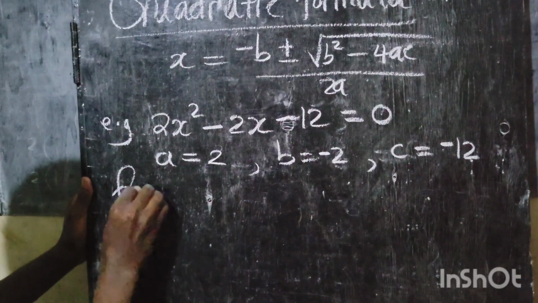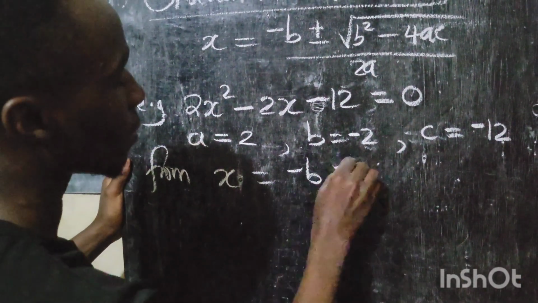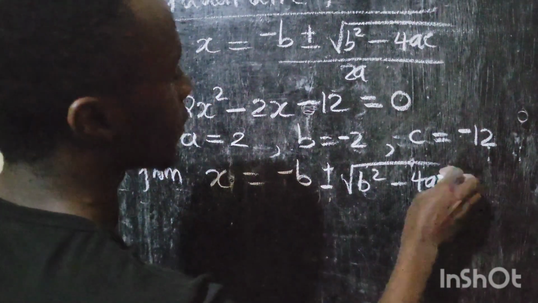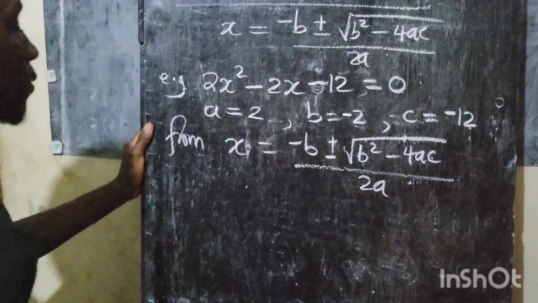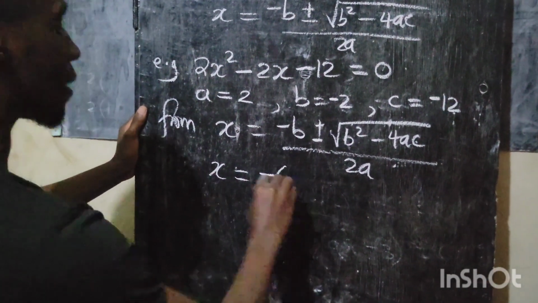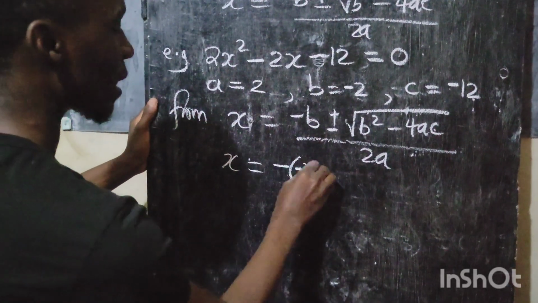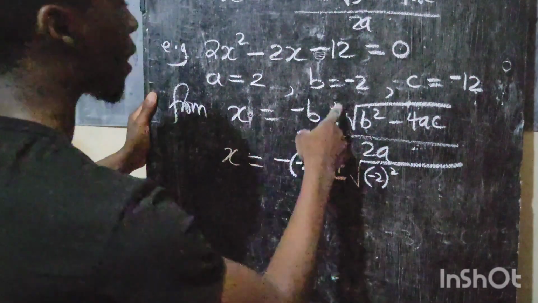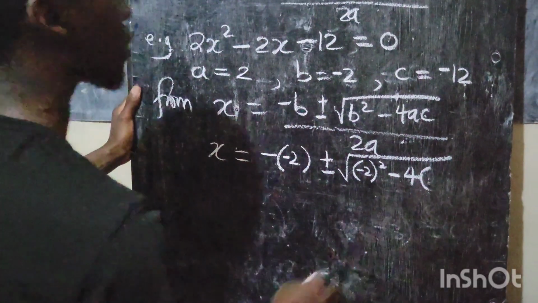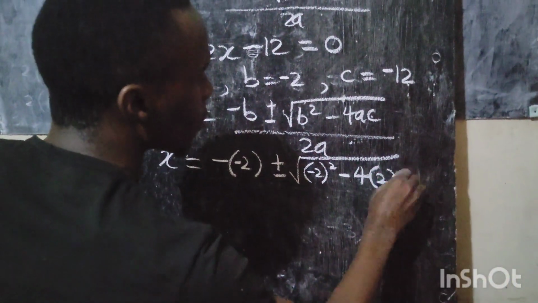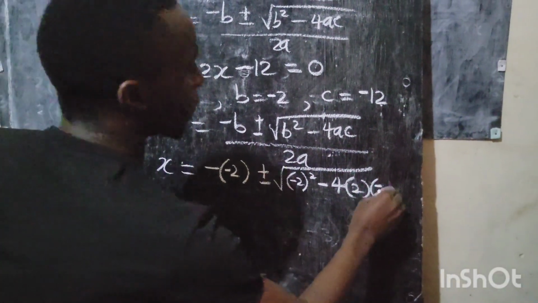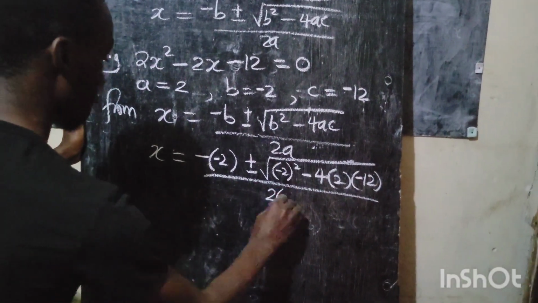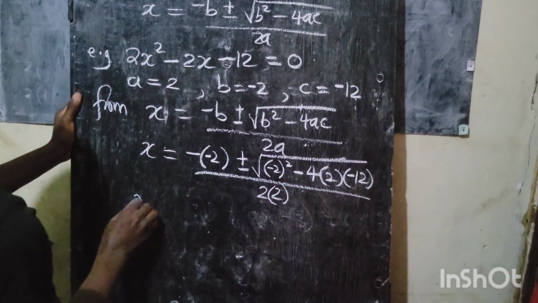So then from the quadratic formula, we can rewrite it very fast. x is equal to negative b plus or minus the square root of b squared minus 4ac, all divided by 2a. From that, our x shall be negative b. Then what's b? B itself is a negative 2. So plus or minus b squared, that's negative 2 squared because it's our b, minus 4 times a, where a is a 2, and our c is a negative 12, all divided by 2 into our a, which is 2. Therefore, x shall be